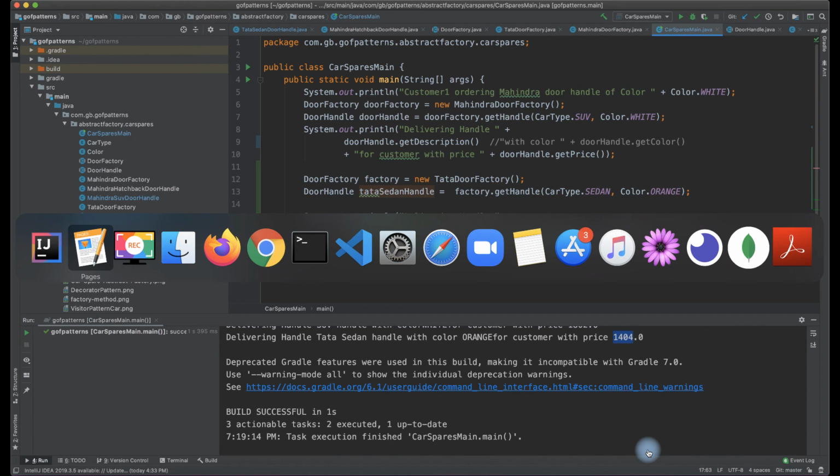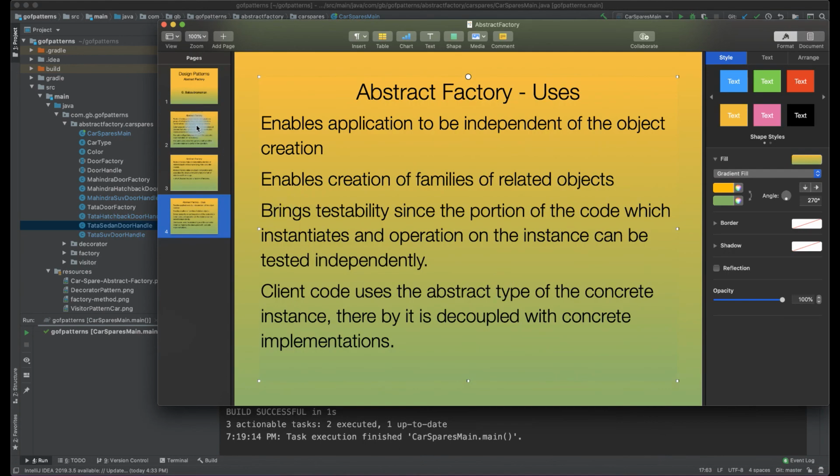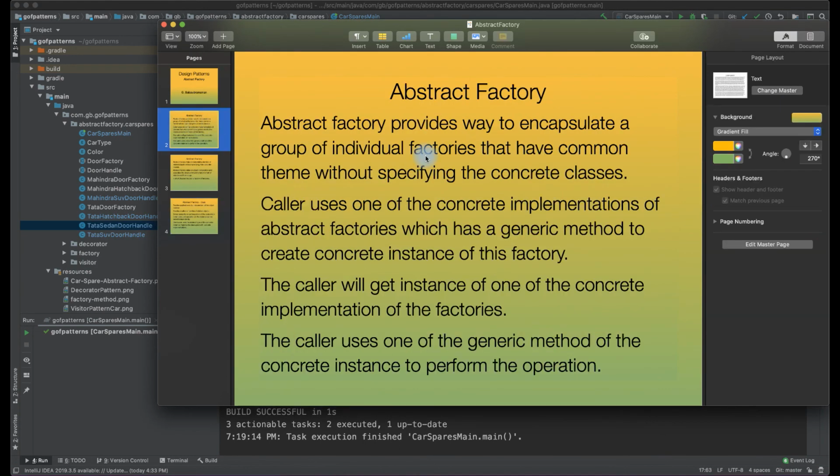Let us revisit our pages. This is the first page, right? Abstract factory provides a way to encapsulate a group of individual factories that have a common theme without specifying the concrete classes. Here we are creating different door handles, whether it is Tata door handle, Tata SUV handle, Mahindra SUV handle, without specifying, I'm not creating Tata door handle equal to new Tata door handle, right?